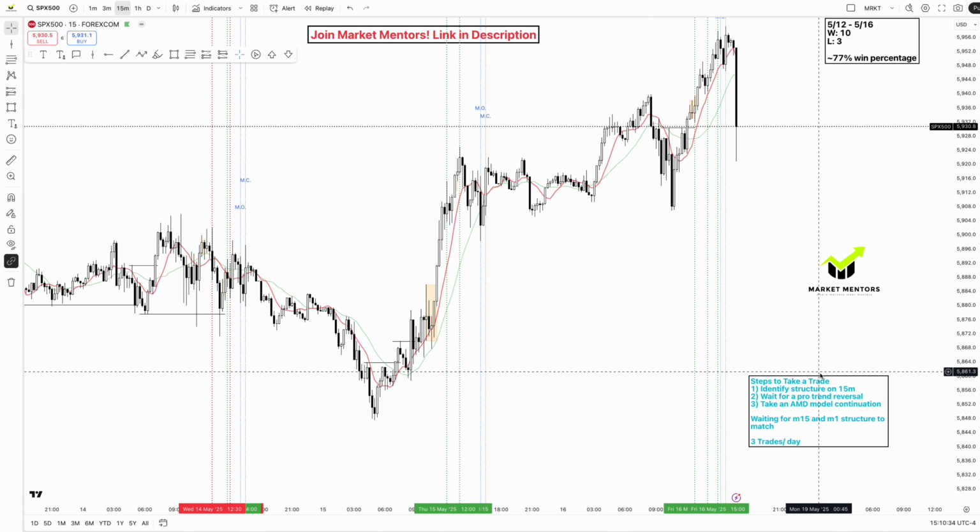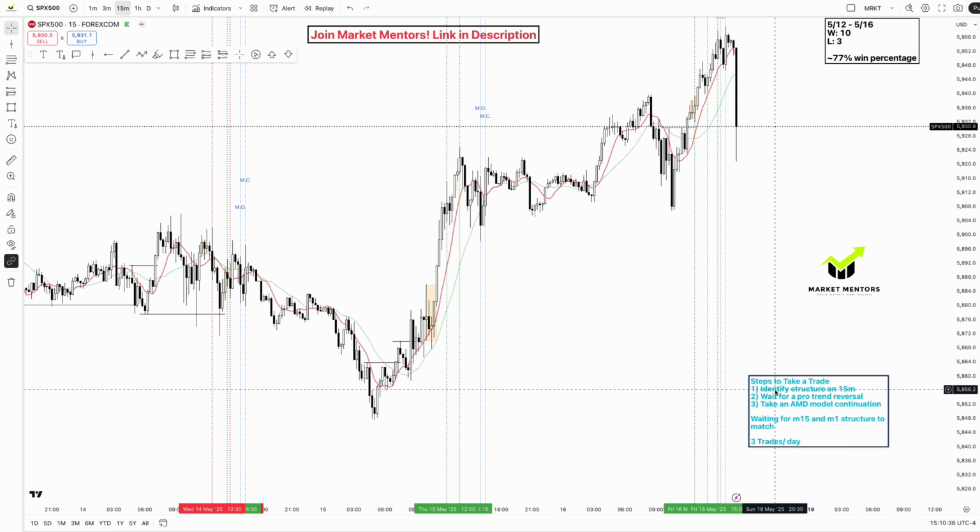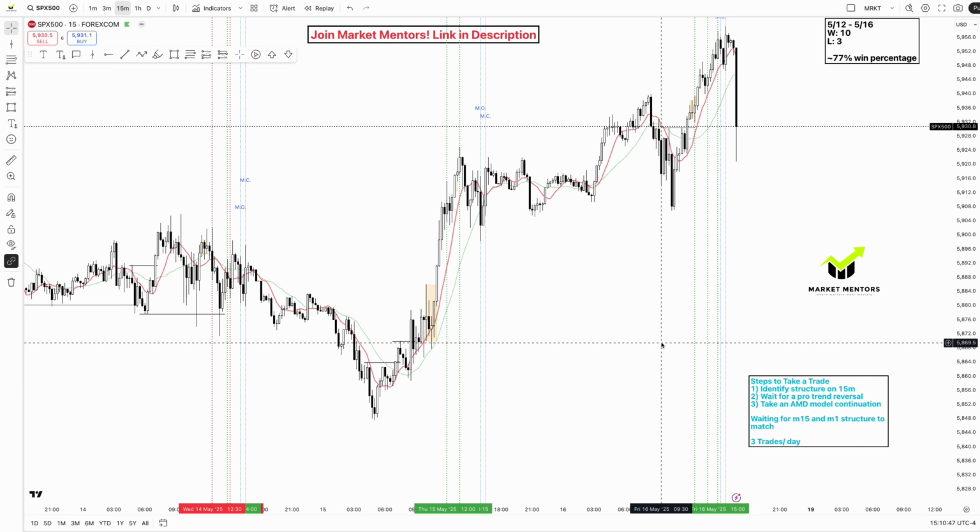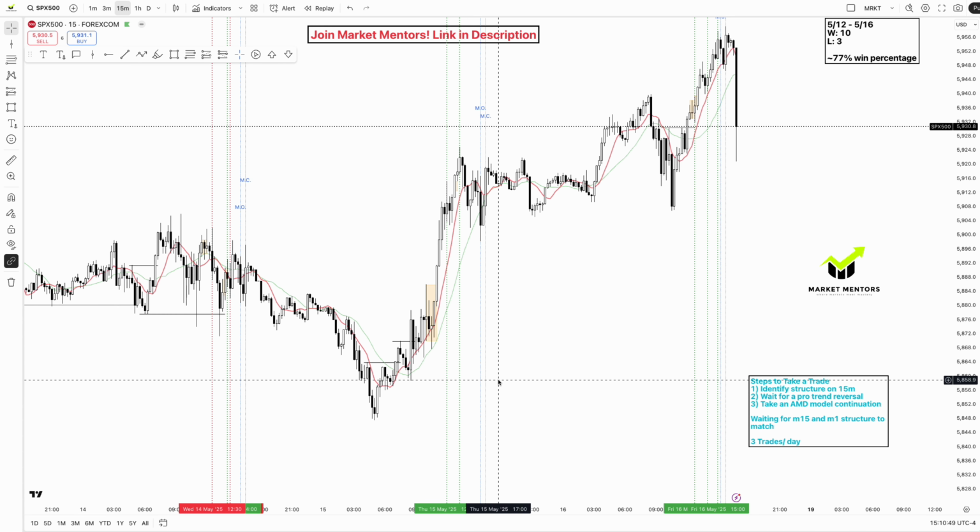Just following this same process right here: identifying the structure in the 15-minute, waiting for a pro-trend reversal, or taking an AMD model continuation after that reversal, after the price shows its hand, basically. I'm going to go through and explain each of these trades and why I took them. This is just to help me prepare and reflect on the previous week, and then call out my trades for this upcoming